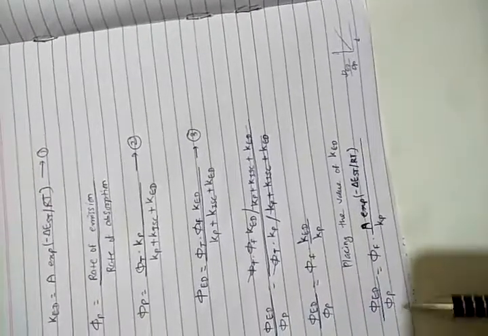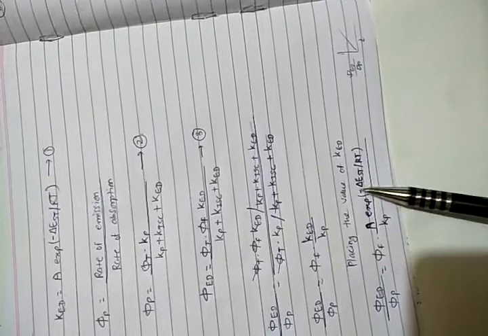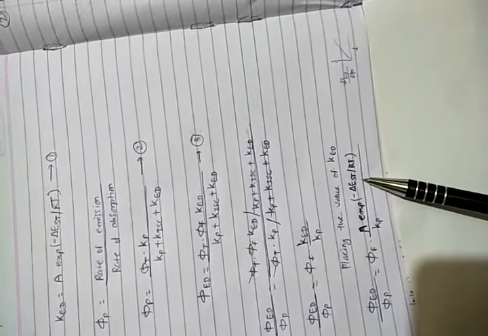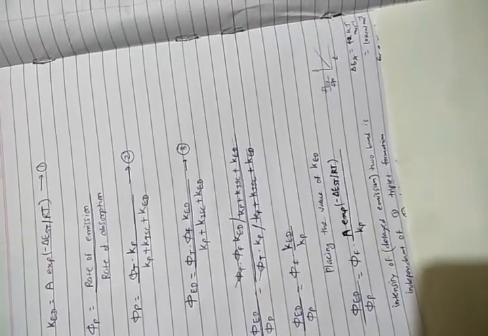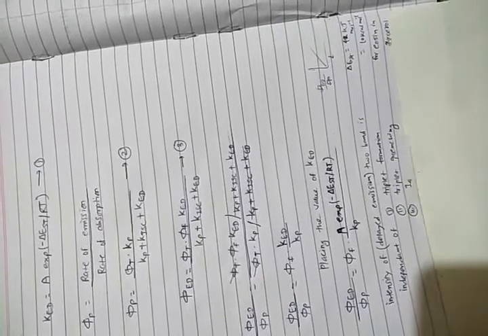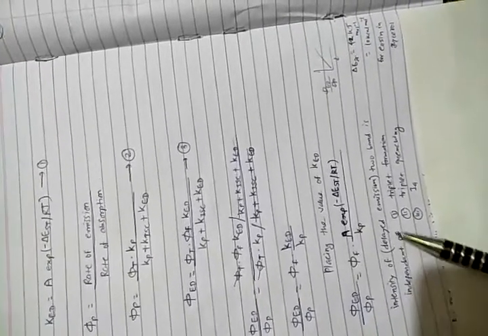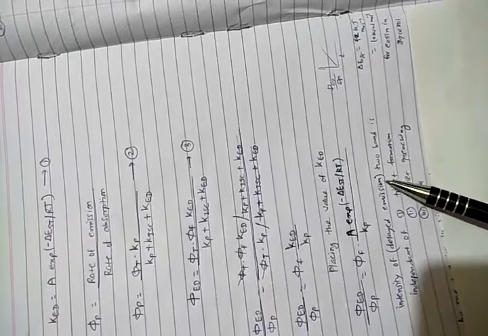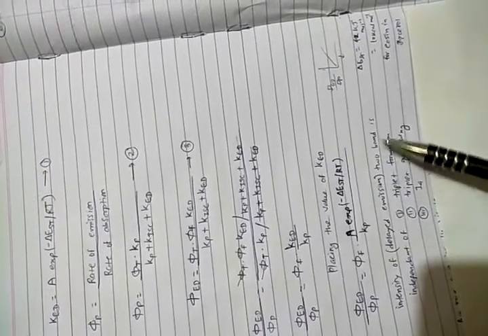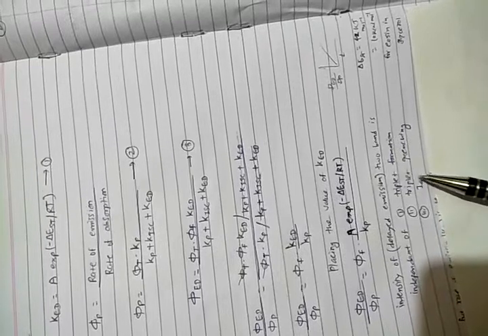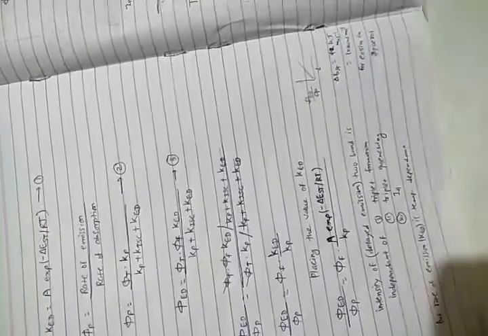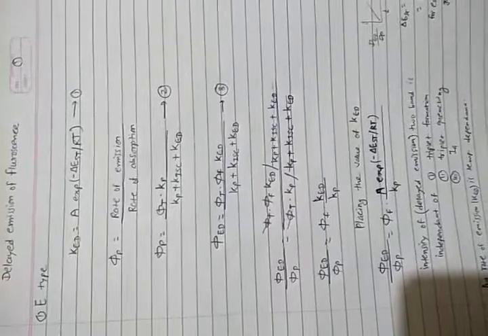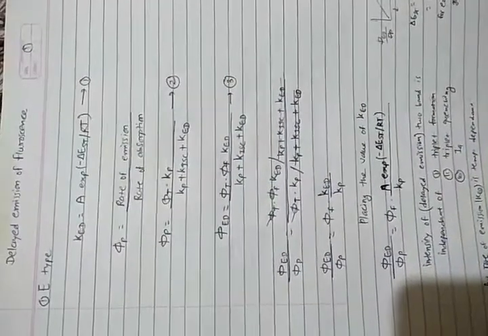Now from this equation, when you plot a graph, you can get the value for ΔE_ST, and it is nearly the same for eosin, which is observed to be 42 kilojoule per mole, or we can say 10 kilocalorie per mole. And here you will see that the intensity of delayed emission of fluorescence for E-type is independent of triplet formation, triplet quenching, and the intensity of absorption. But the rate of emission, that is Ked, is dependent on temperature. So this is all for E-type delayed emission of fluorescence.